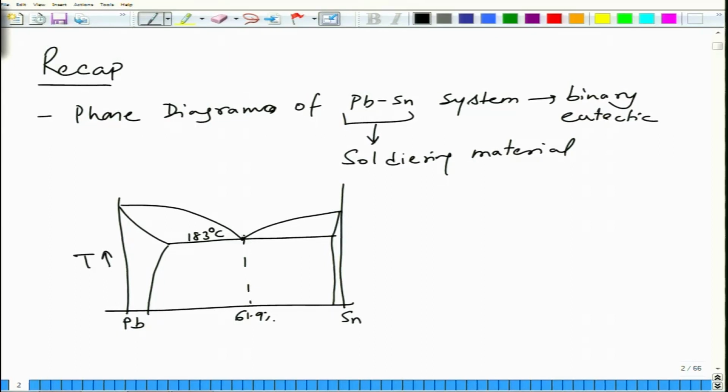Tin, it makes a eutectic where liquid actually transforms to alpha and beta phase eutectic mixture. So this has lower melting point than either of the constituents. As a result, it fulfills the requirement of a solder to melt at lower temperature and solidify quickly. It does not have broad solidification regime. So PbSn solder of eutectic composition